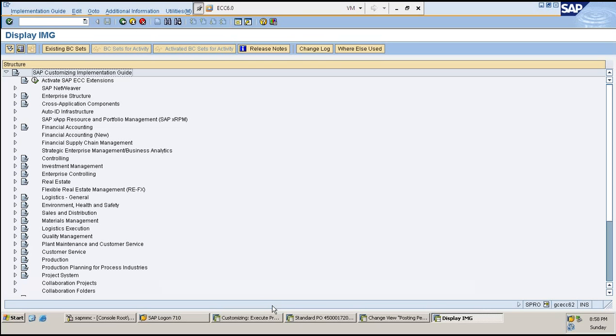In case you want to select costing and then proceed further, you'll still be okay with it. In case you don't select costing and you just click enter and save it, it will still allow you to proceed further with that. That shouldn't have any kind of an issue as such.